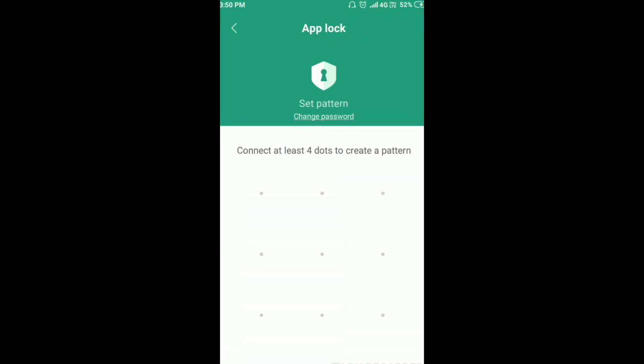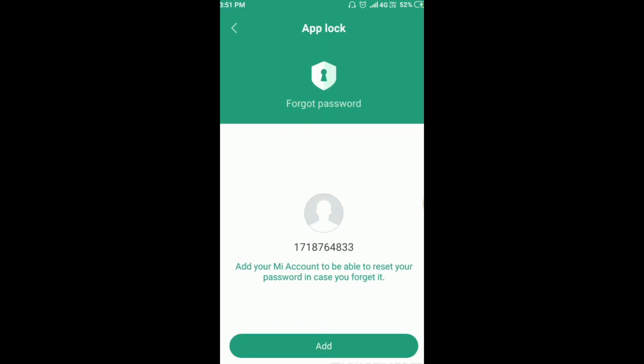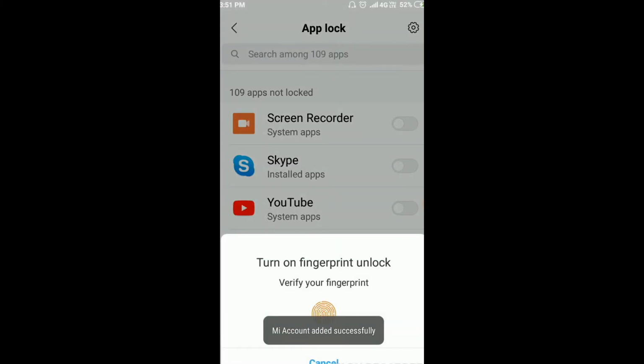First of all, you have to set a pattern which is used to unlock the apps on this device. Again, to confirm, this lock has been created. Now next, you have to add your MI account to reset this password in case you forget it. So let's add this. You can also turn on the fingerprint lock, but for now I'm skipping it, so cancel